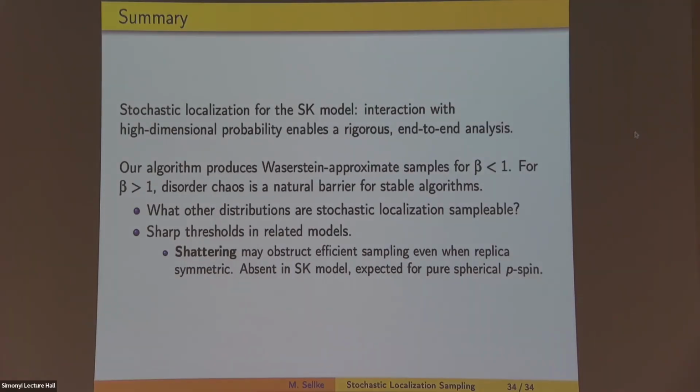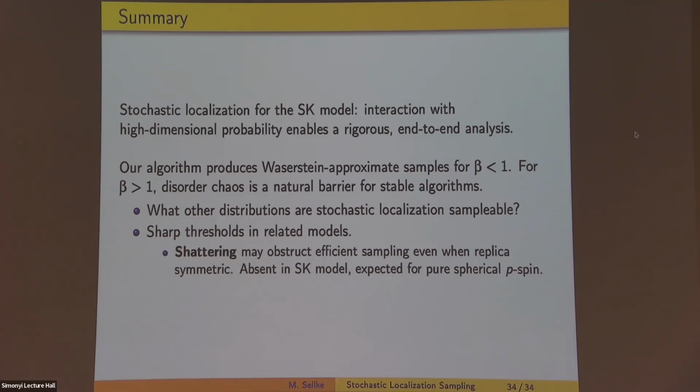Okay, here's a summary of what I talked about. There's a general way to sample using stochastic localization, and it works for the SK model. We were able to get approximate sampling in this Wasserstein sense for beta less than 1, and had some evidence of hardness for beta larger than 1. One thing I want to highlight is that in some related models, we don't expect just copy-pasting this to give a sharp threshold,